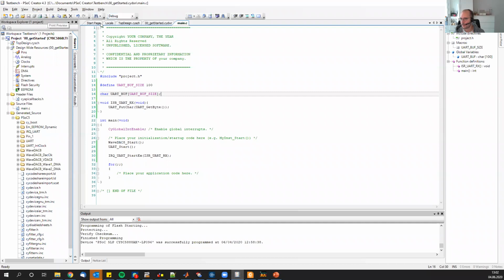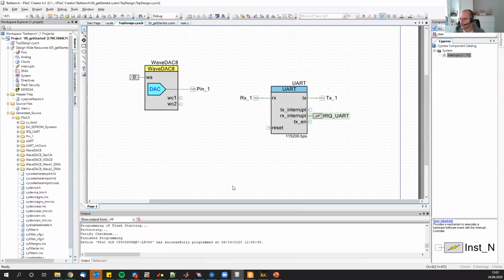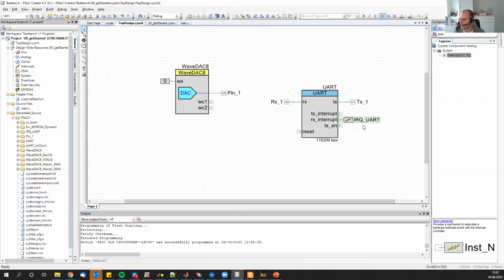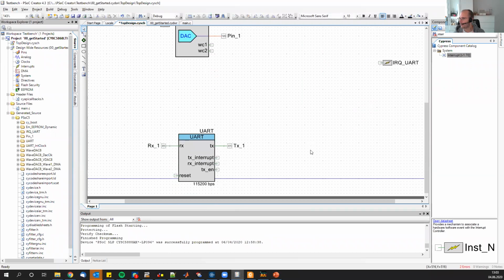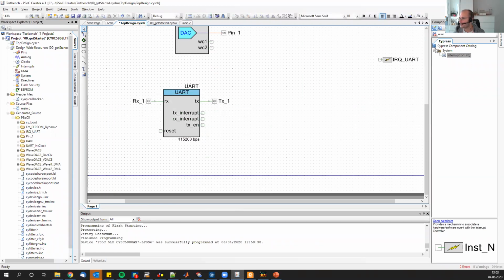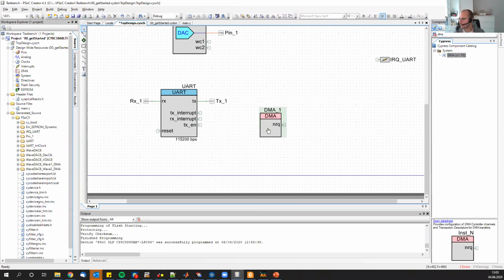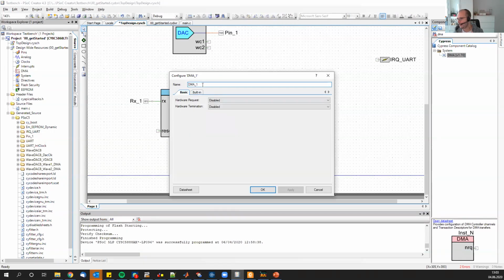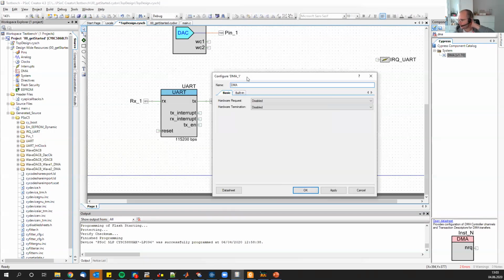Unfortunately, and this is also the reason why I usually don't use it too much if I don't have to, the configuration is a little bit painful. I mean, on PSoC it's a little easier, but still it's painful. But let's do it. First of all, the thing we need here is this DMA component. I'll just rename it to DMA UART. And what we need to configure here is that we want to have hardware